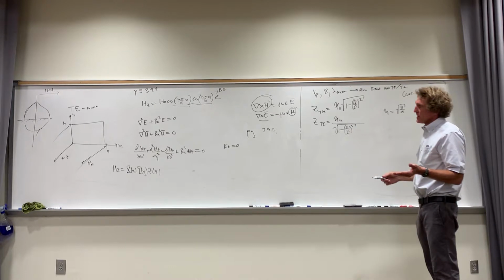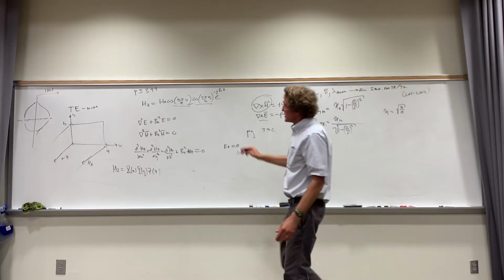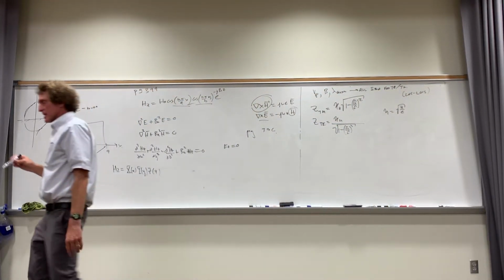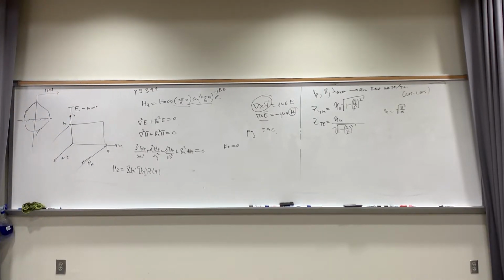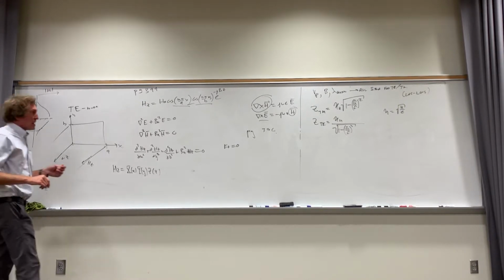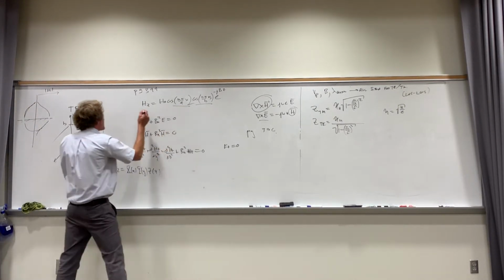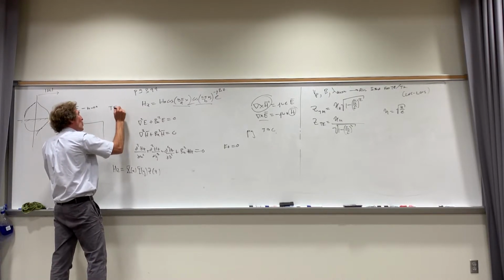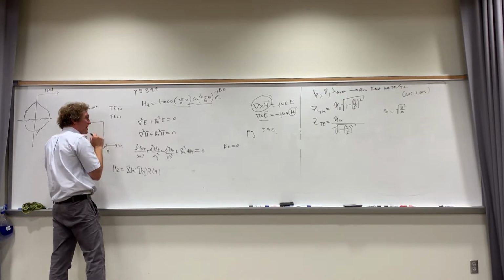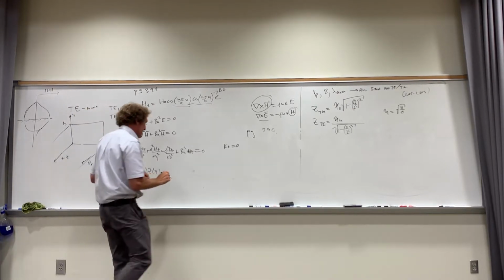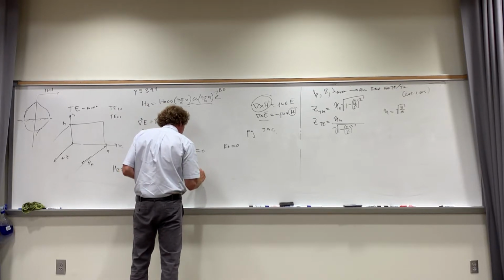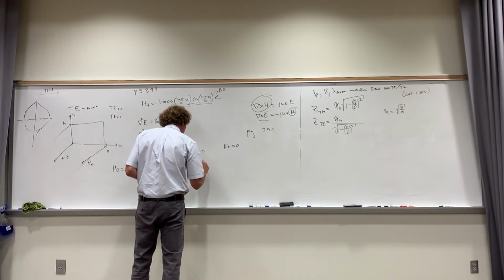Now, one other thing about the TE mode that's important: since this HZ is the thing that really describes, that's the thing you need to get all the other field quantities. If you take a careful look at that, you'll notice something. I can have a TE10 mode, I can have a TE01 mode. And if you look at the cutoff frequencies associated with that, let me put it down. F cutoff is equal to really the speed of light over the square root of epsilon relative in the guide divided by